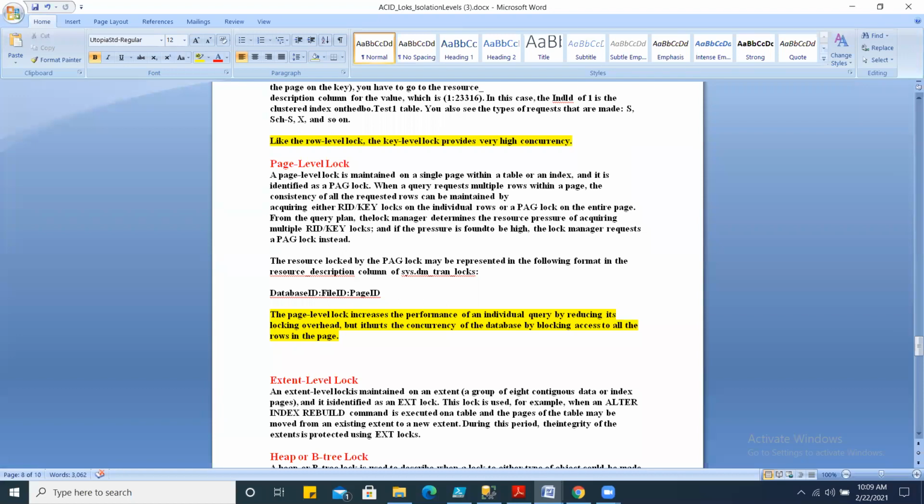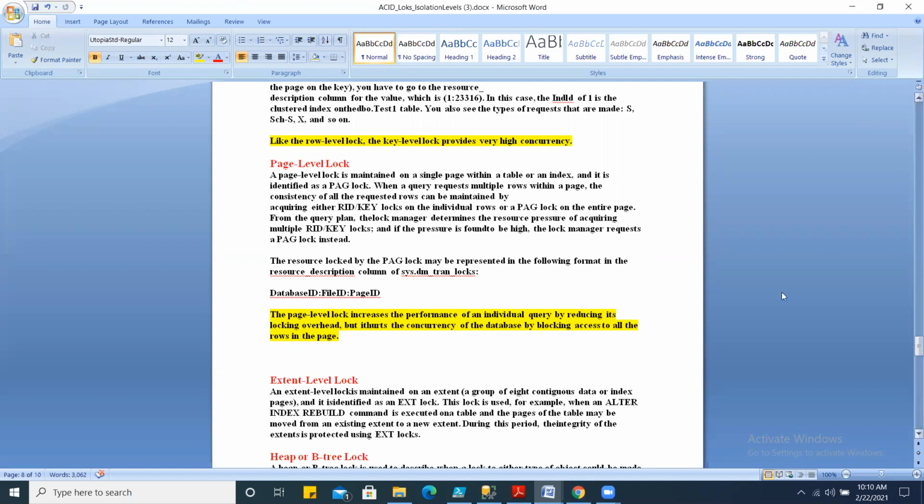So it all depends upon the lock manager how it will escalate the locks from row level lock or key level lock to page level lock, how it will escalate page level locks to extent locks, or how it will escalate extent locks to table level lock. It all depends upon the lock manager. You don't have control.